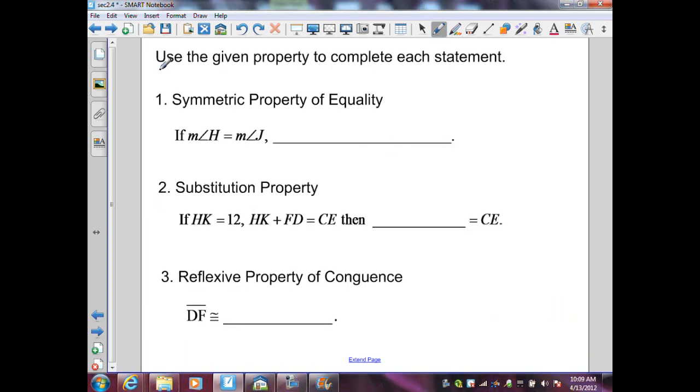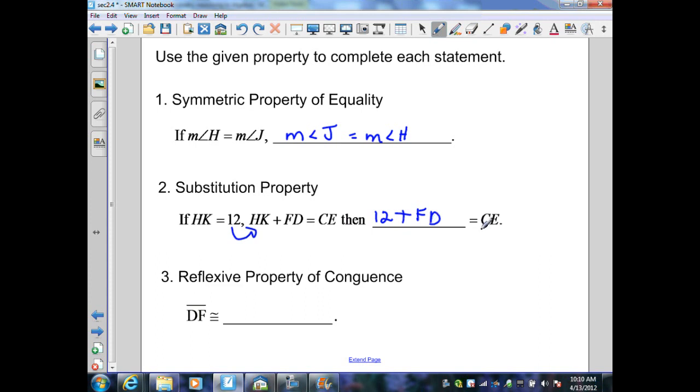On this slide, they want to use the given property to complete each statement. Number 1, the symmetric property of equality. I'm given if the measure of angle H equals the measure of angle J, using the symmetric property, I just switch those values. So I have the measure of angle J is equal to the measure of angle H. Number 2, substitution. Here, if HK equals 12, and I have the equation HK plus FD equals CE, then I'm just going to use substitution. In place of HK, I'm going to substitute 12 plus FD